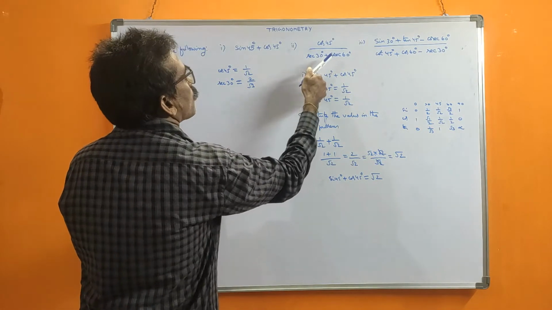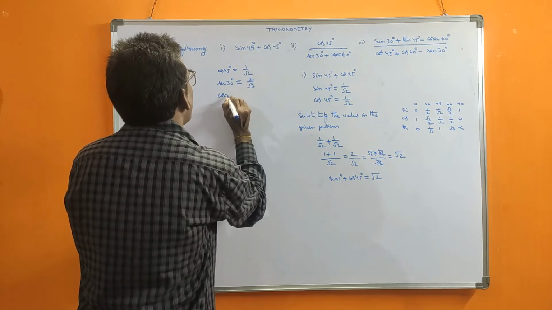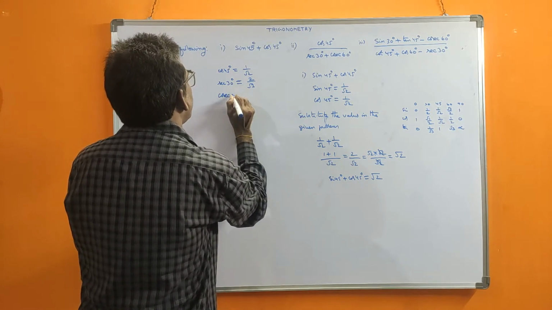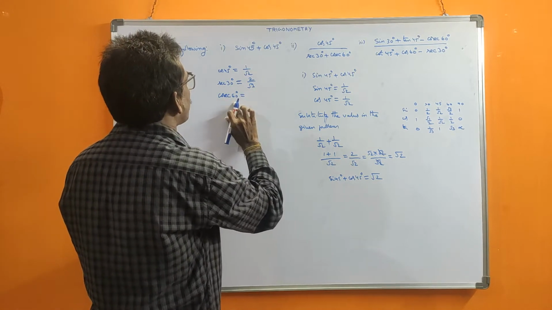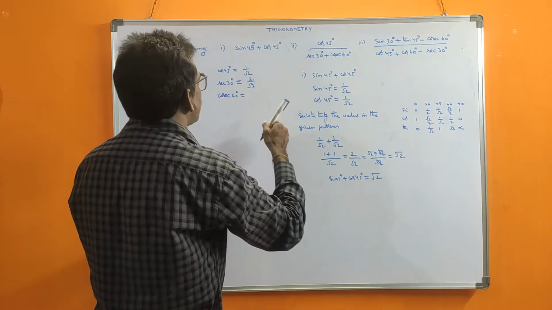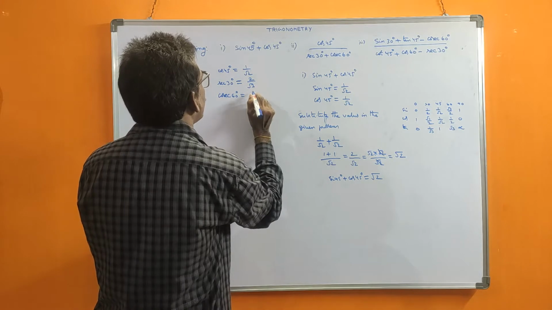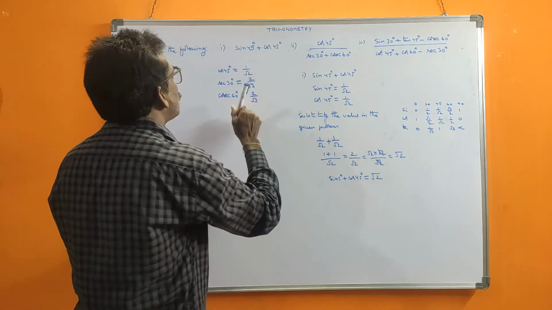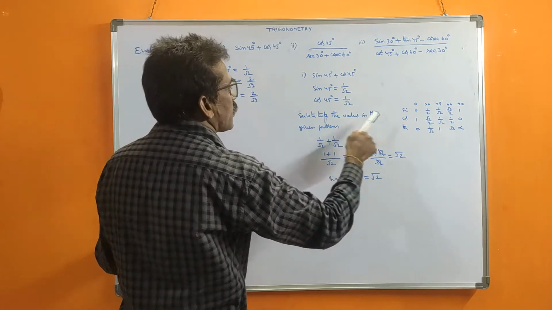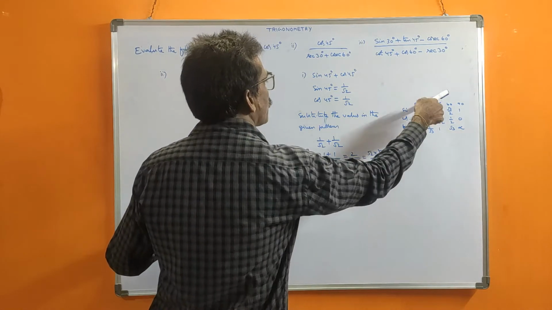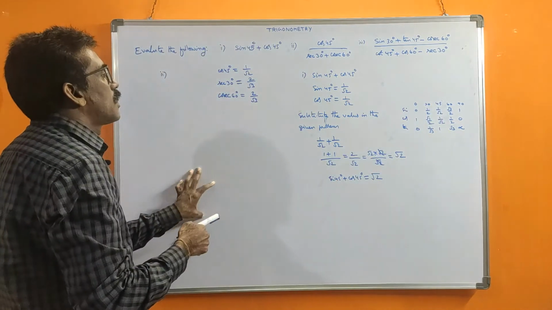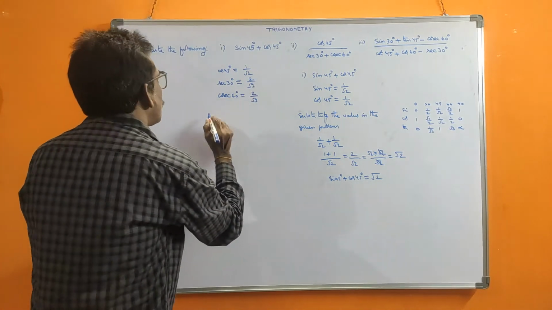Now, cosecant 60 is there. This is also not direct, cosecant. It is the inverse of sine. Sine 60, you see, sine 60 is root 3 by 2. So again 2 by root 3. See, cosecant is the inverse of sine, sine 60 is root 3 by 2. Because it is the inverse, you reverse that value: 2 by root 3. Once you know the values, it is simple.